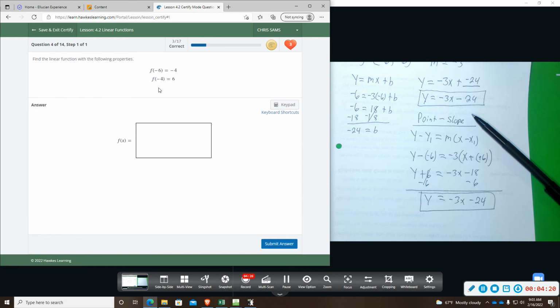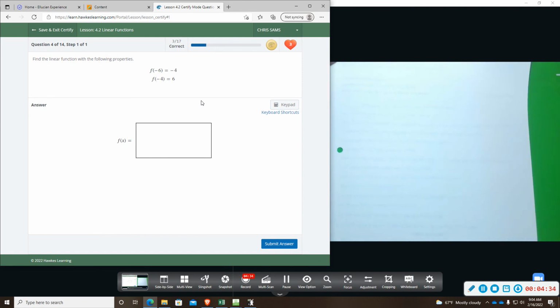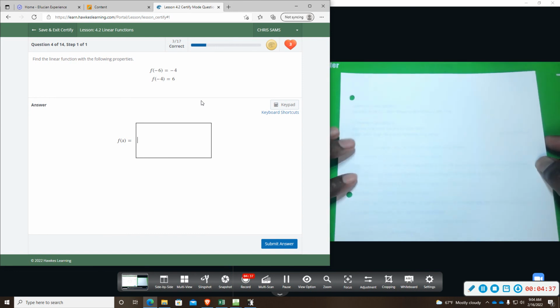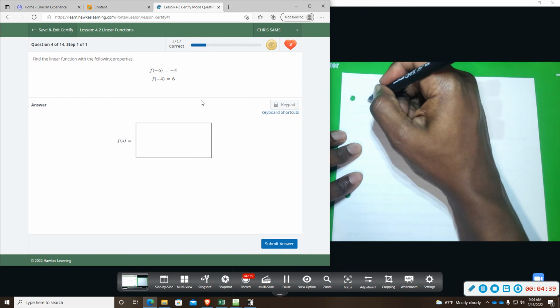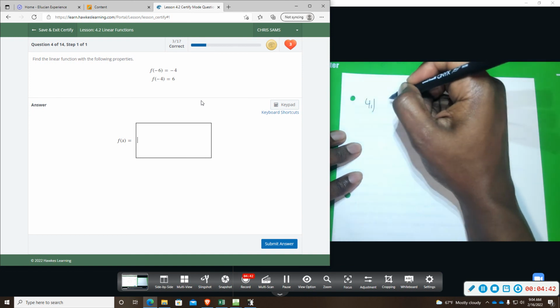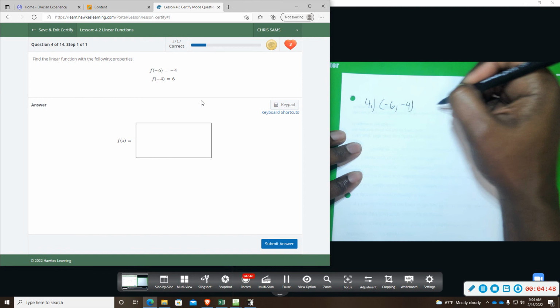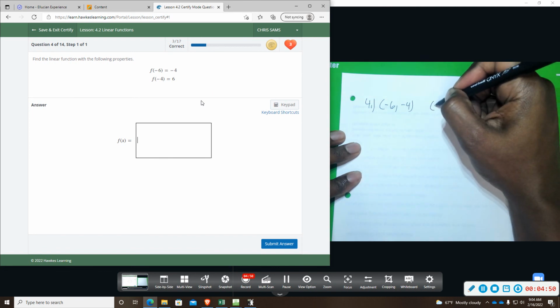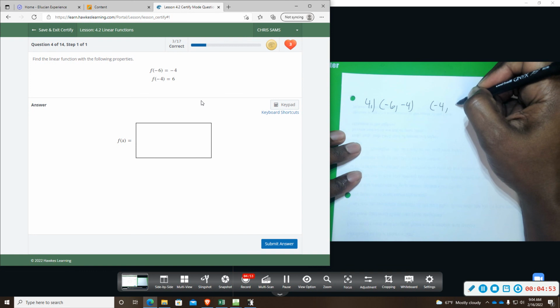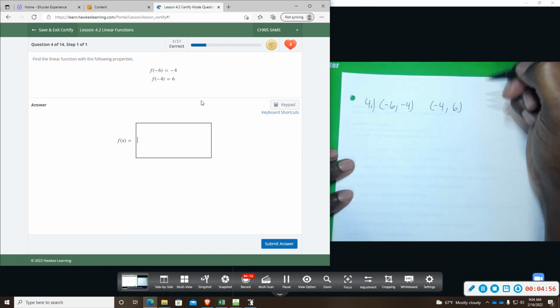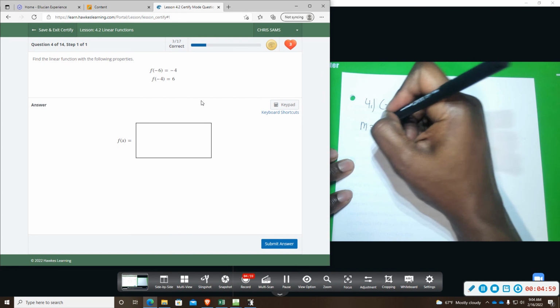And then we have another example. This time they give us 2 points, and we have to do slope formula to find the slope. And then once we have the slope, we can do point slope or find the y-intercept. So number 4, we have 2 ordered pairs. We have -6, -4. And then we have the ordered pair -4, +6. Okay, so slope formula. M equals